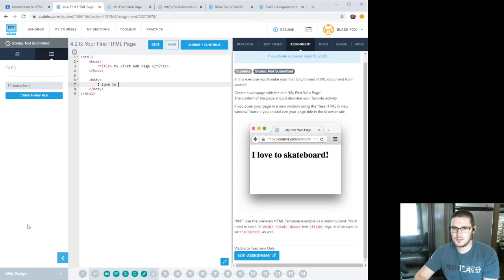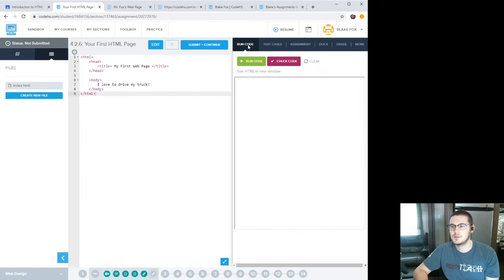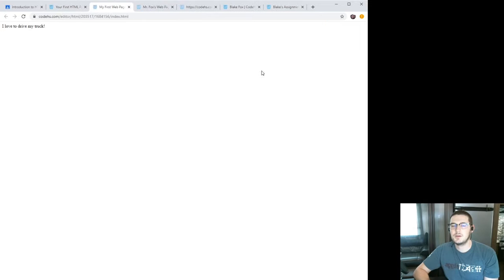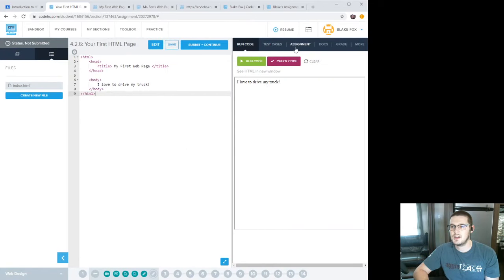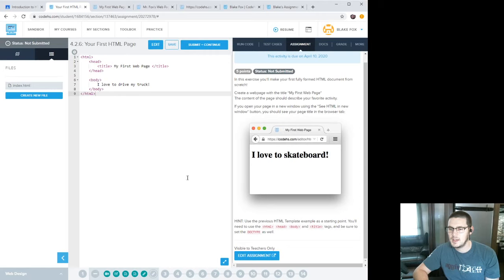I love to drive my truck. All right, and then I'm hoping that this is going to work. So let's go ahead and run the code and see. All right, and then view it in a new HTML window, and I can see my first web page, right? It says, I love to drive my truck, and now let's see if it'll let me submit. Ooh, I have to set doc type to HTML. I don't know what a doc type is because I was skipping around. So the doc type